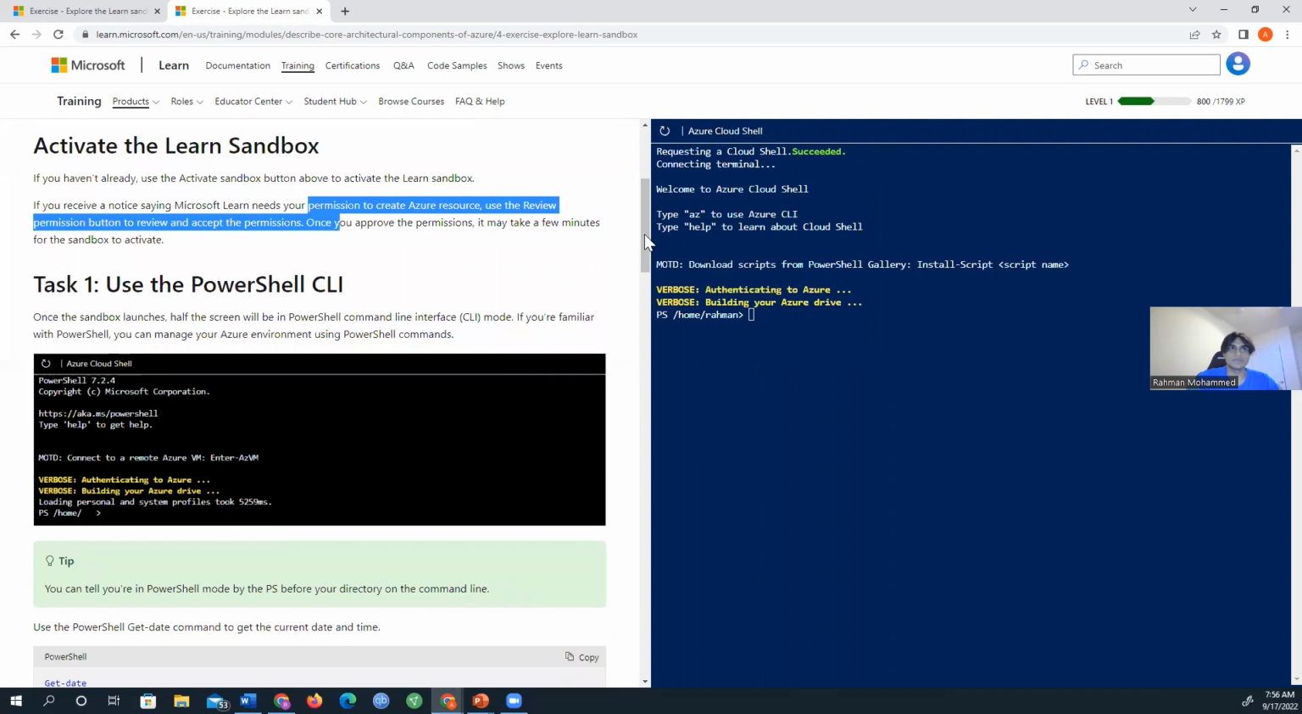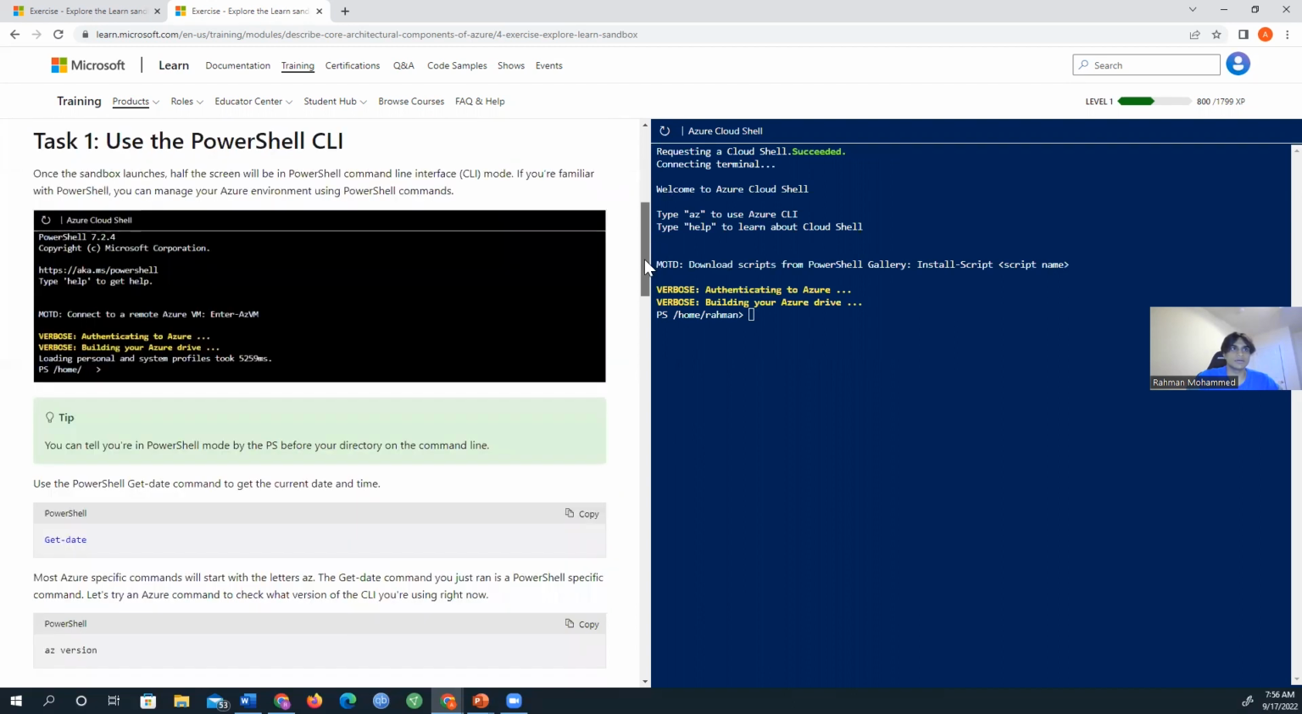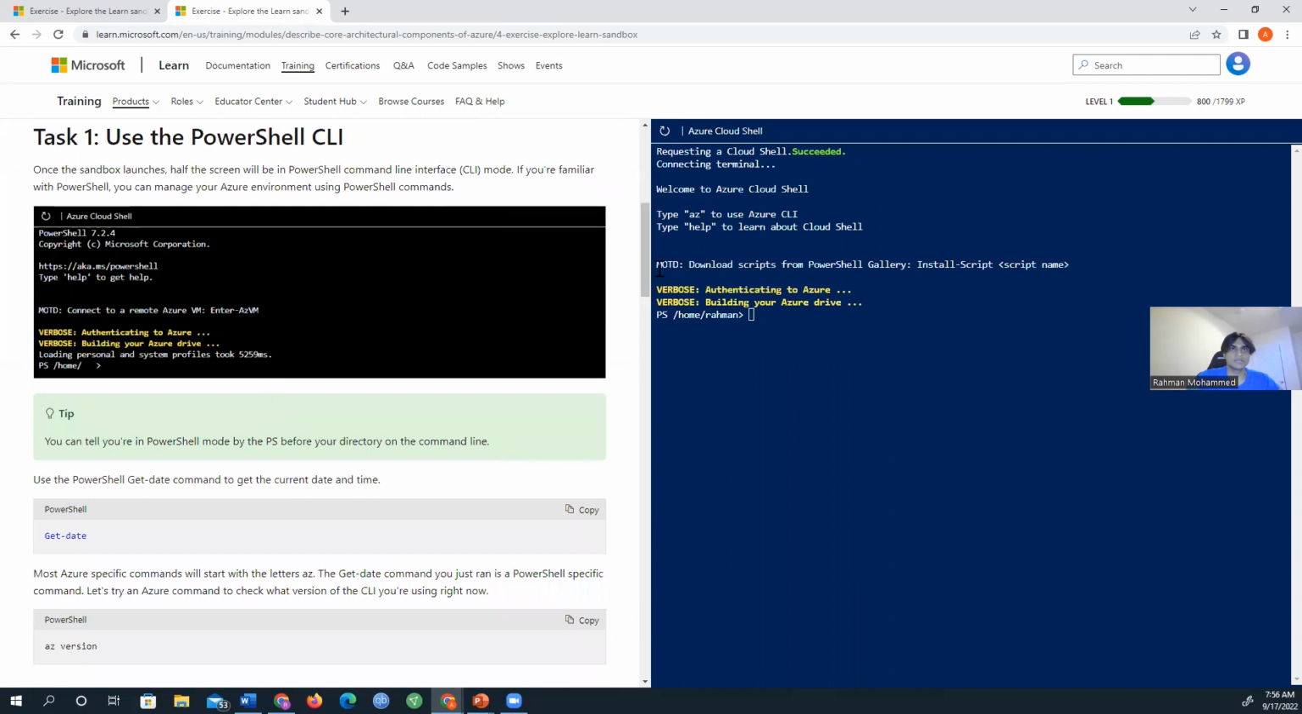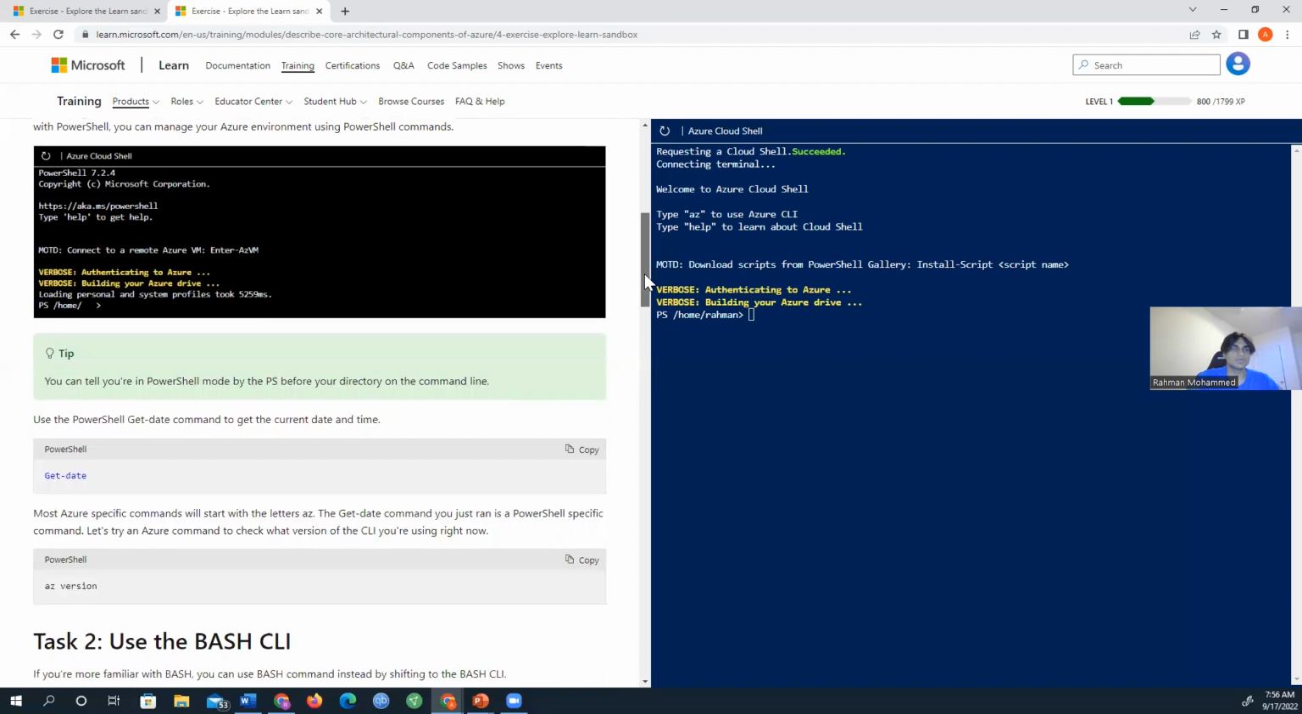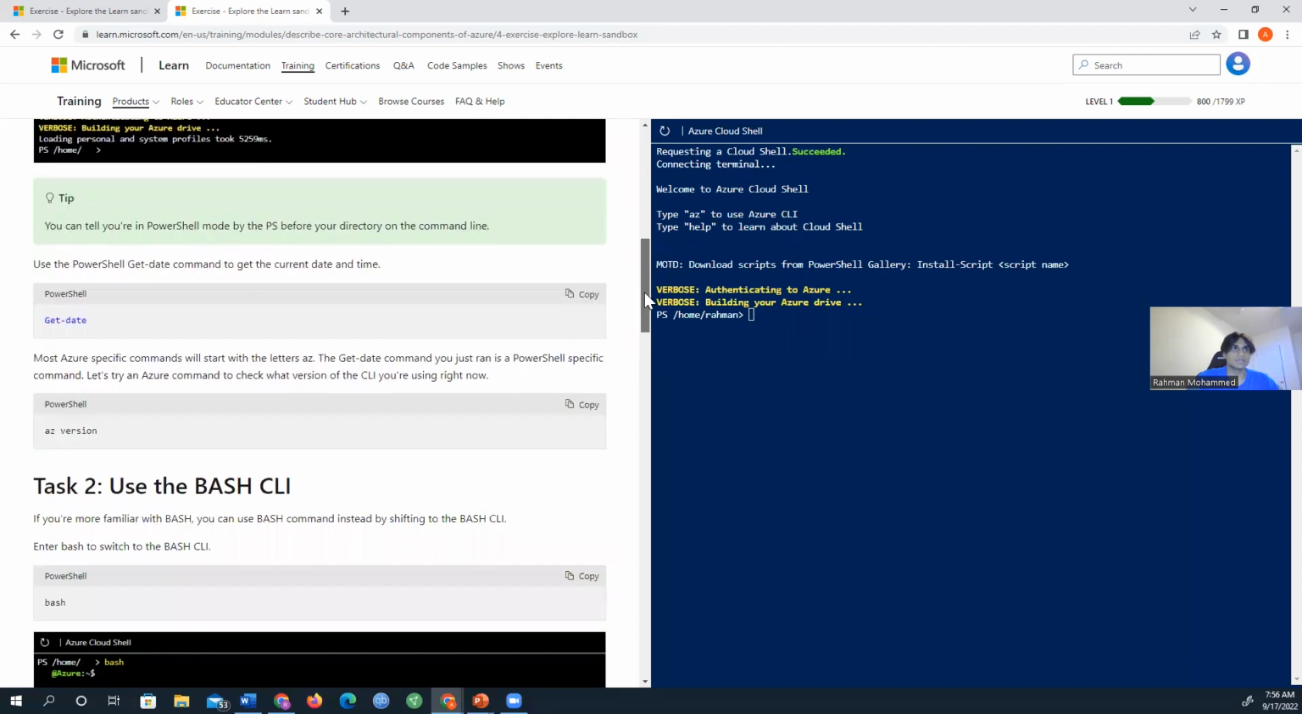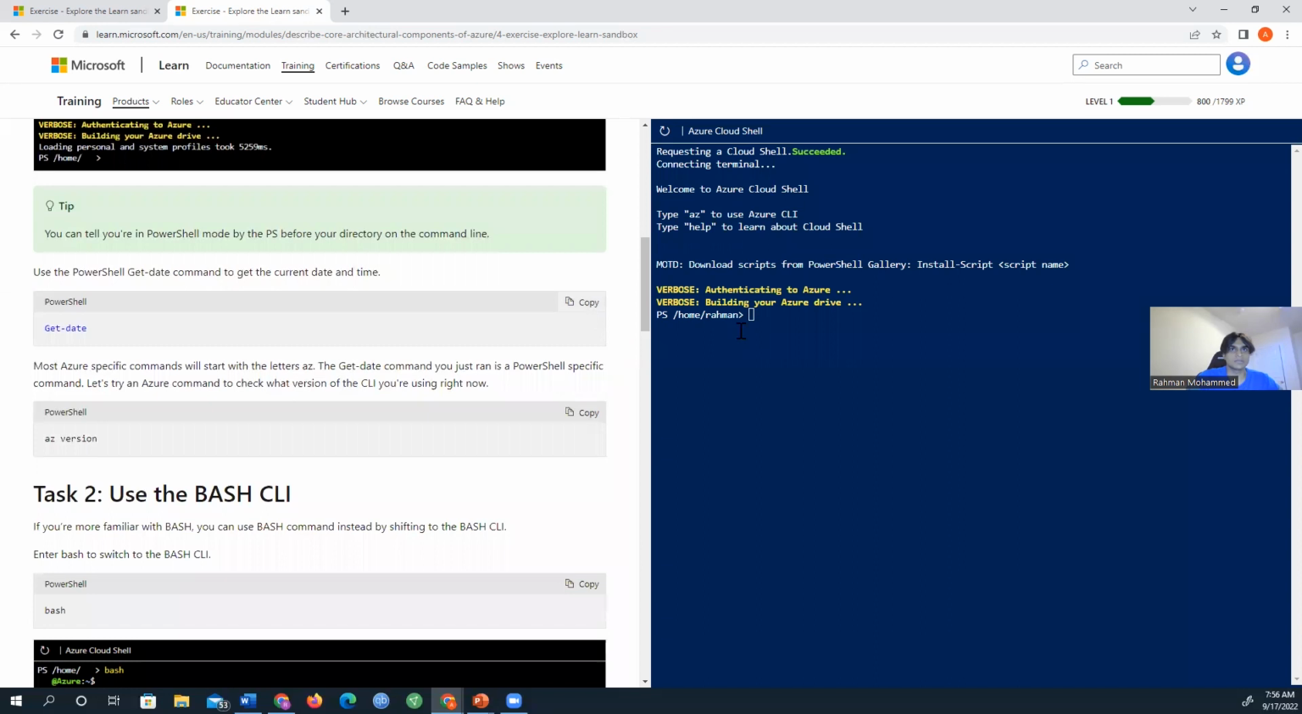All right, so here's our PowerShell. So basically, it's like our command line. So we'll be using PowerShell commands. Essentially,